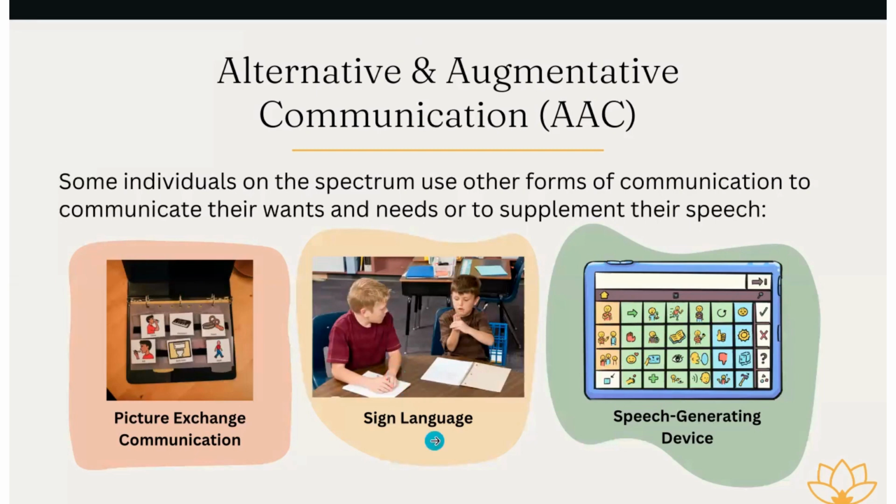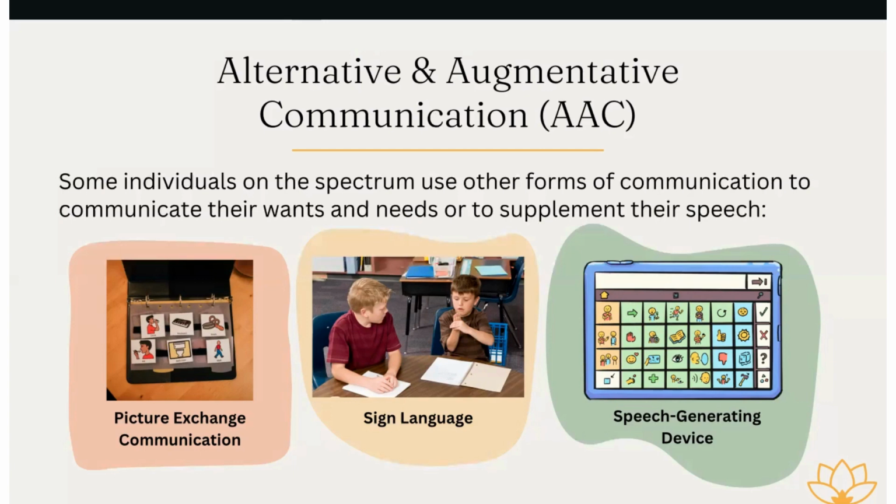Some individuals on the autism spectrum use sign language or gestures to communicate their needs. Others use speech generating devices. So this is an animated picture of an example speech generating device. It might be an iPad or a tablet that has an AAC app downloaded onto it, or it might be a dedicated device that you might get from your speech language provider. But this is where children, or individuals, it could be adults, are pressing buttons to navigate through their device and communicating their needs. They might use single pictures, full sentences, they might type. So it could look like a variety of things.